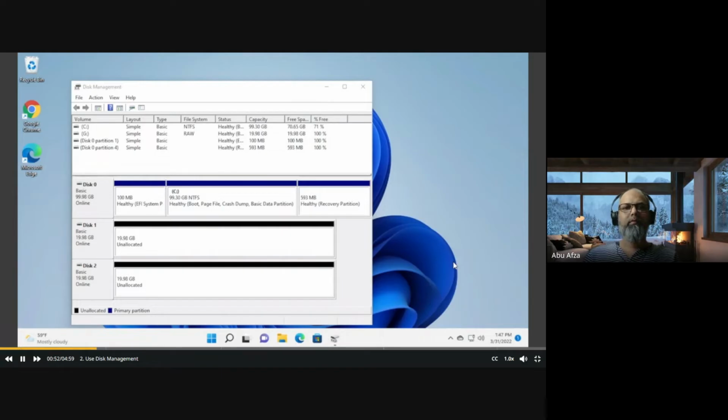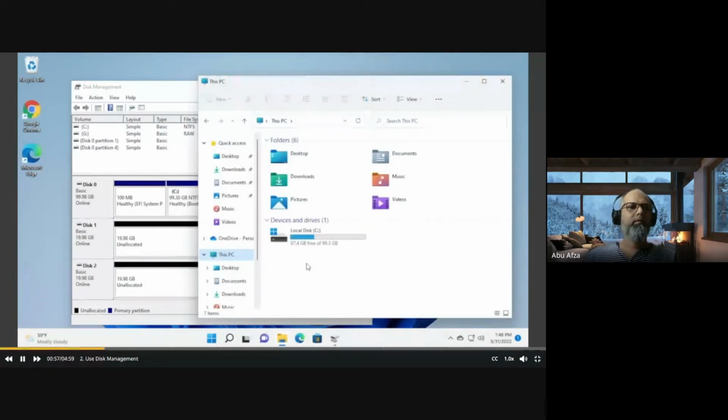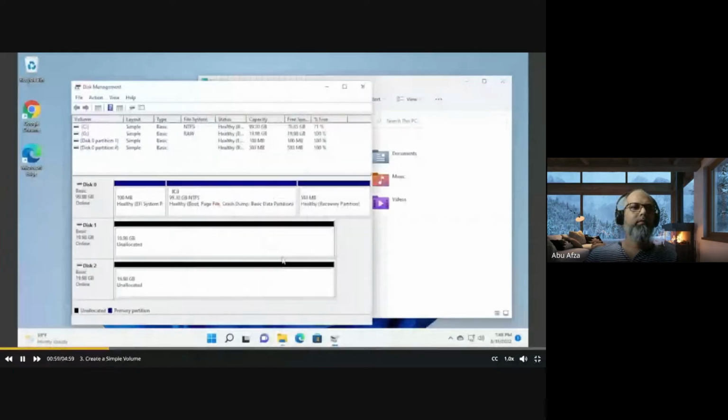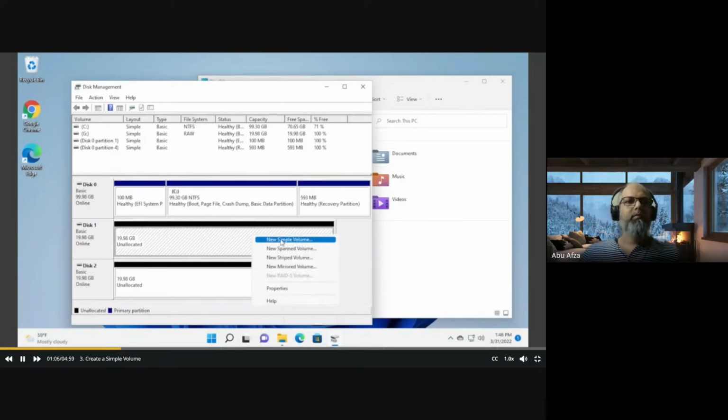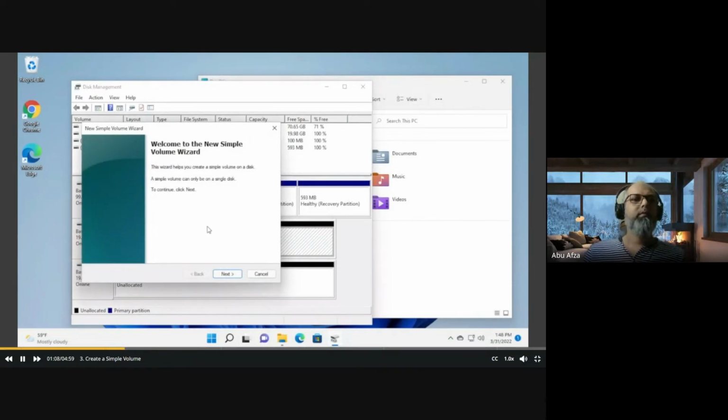If I navigate to File Explorer, this PC, I only see the C drive. For us to use disks 1 and 2, we have to prepare them first. The simplest way is to right-click a target device in Disk Management and then select New Simple Volume. This starts the New Simple Volume wizard, which walks you through the process of creating a new volume, including formatting